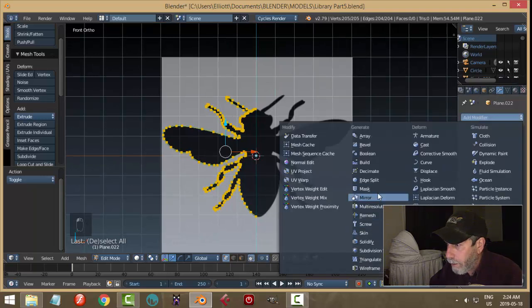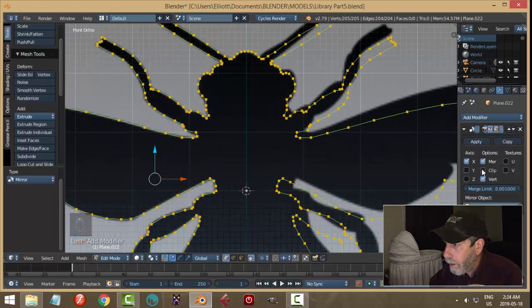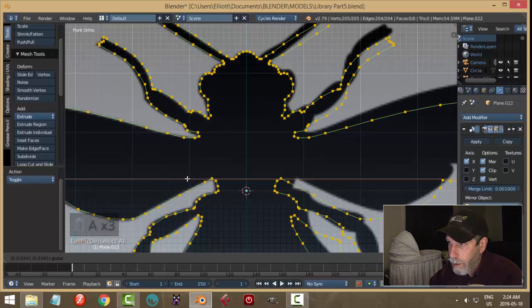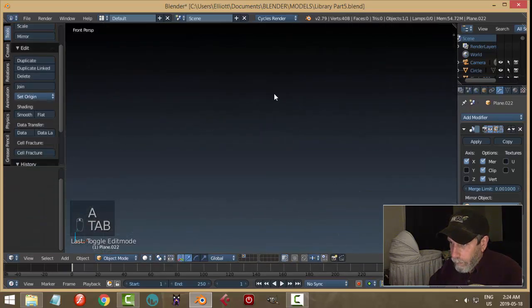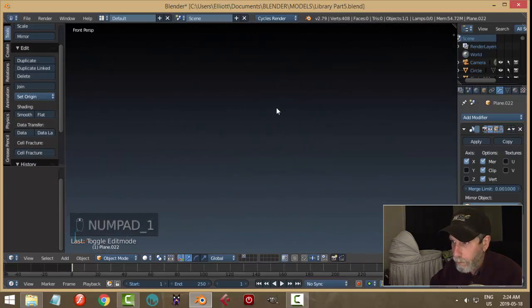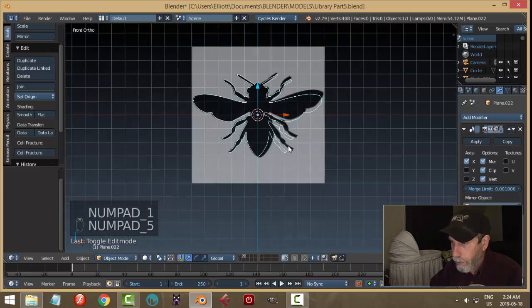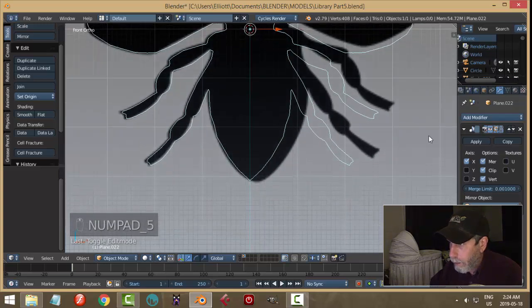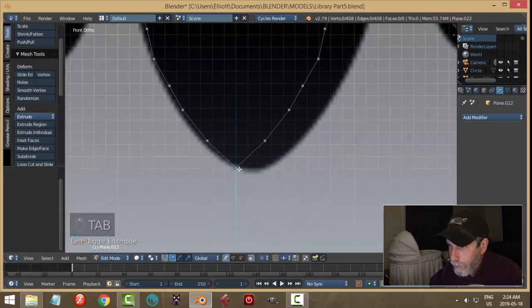let's put on the mirror and click over here so we can see the other side. Put clipping on, bring them together. My bee, go. It's a big bee. Where are you? Come on. There you are. I'm going to go ahead and apply that,